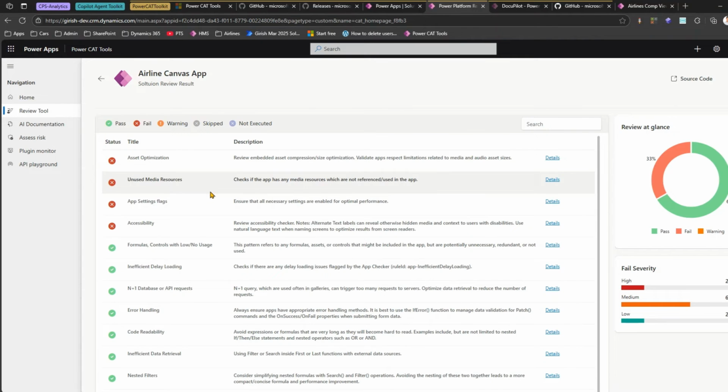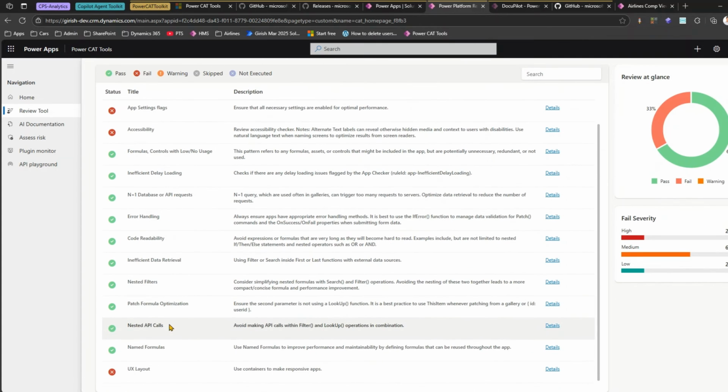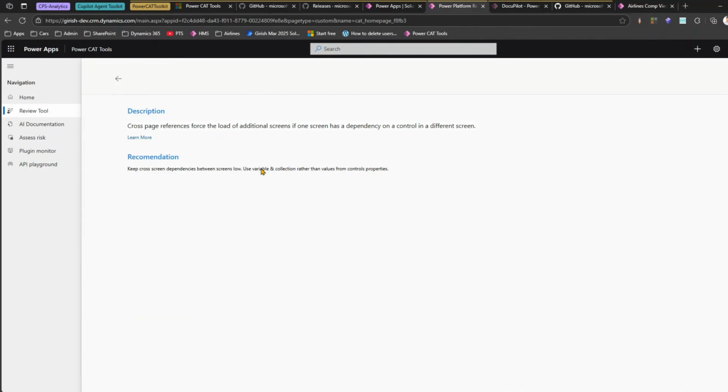Now, even if you are not using this particular solution, I would advise that before you build any Power App solution, have a look into the rule set, because this rule set will give you a list of best practices, and you can start implementing them within your Power Apps development. Now you can navigate through each and everything. Like if you go into inefficient delay loading, even if it is a green tick, you can click on details, and